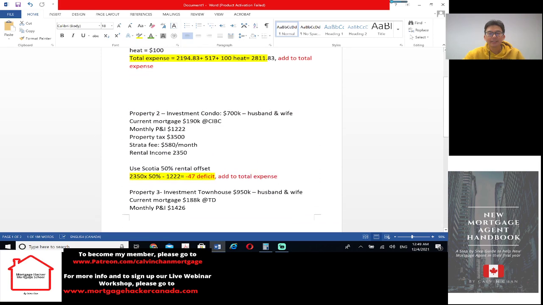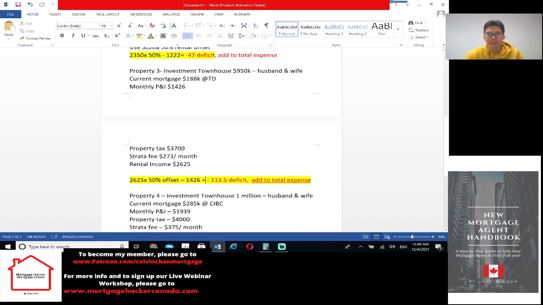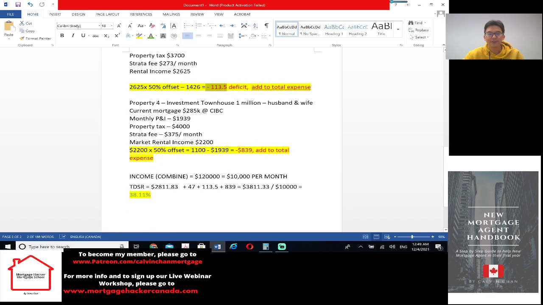And for the investment townhouse, the rental deficit is 113.5, which is here. And for the existing principal residence that would convert to an investment property, the rental deficit is 839, which is here. So in total, as you can see, these four expenses total up to